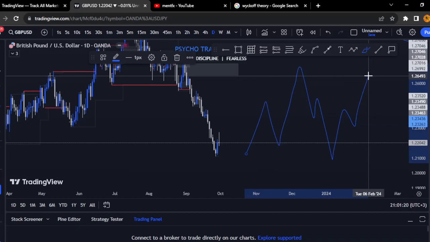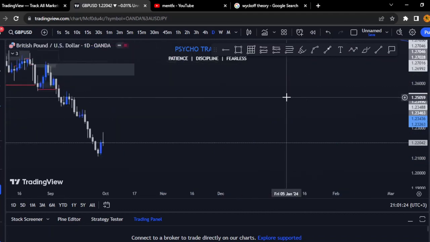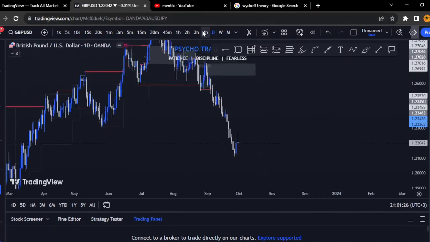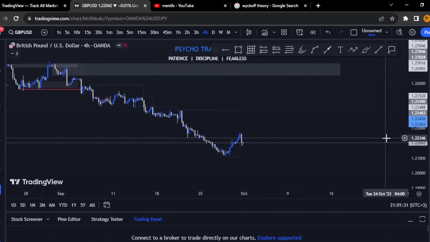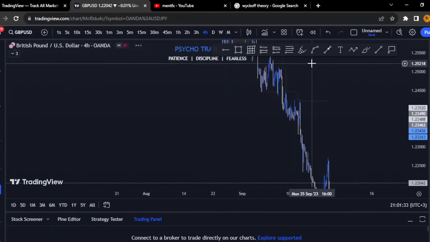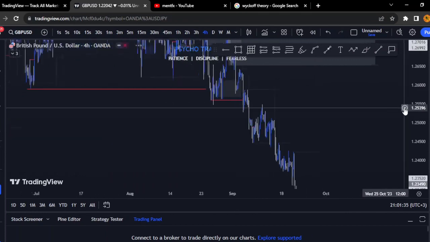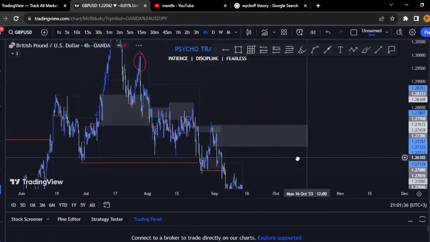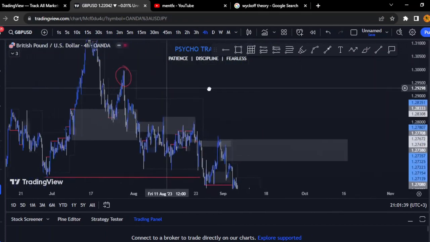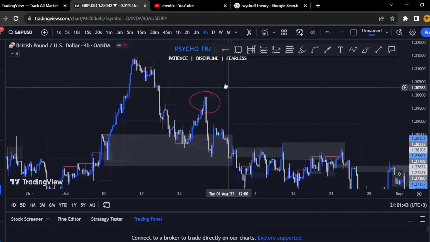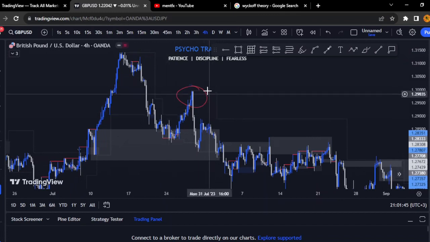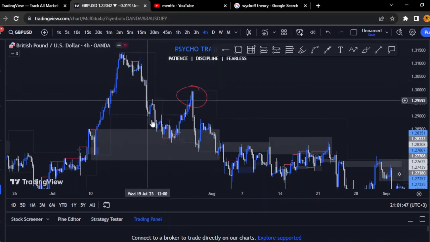So let's delete this real quick, and we go on the lower time frames just to prove my point. So at the moment, as you guys are seeing, the lower time frame is completely bearish. It gave us multiple breaks. So where did we start looking for sells? So if you look at this time frame, actually I'm not saying that we are short, because the higher time frame is showing us that actually